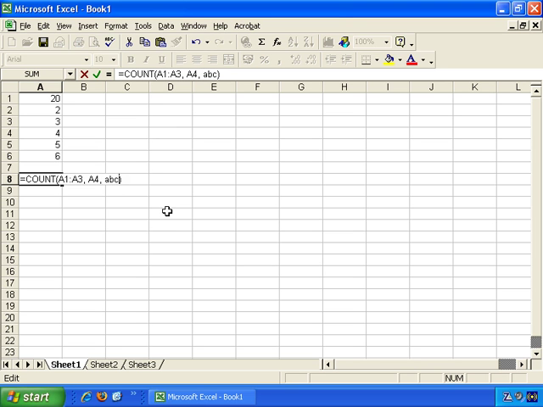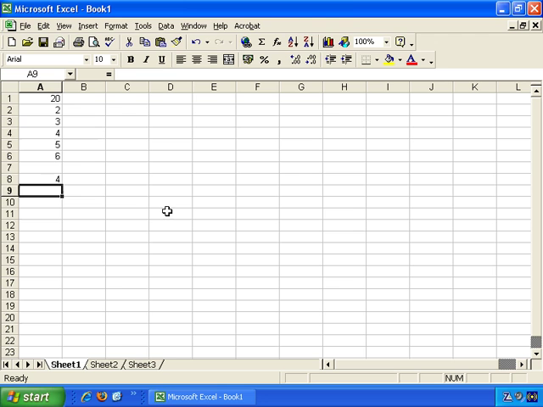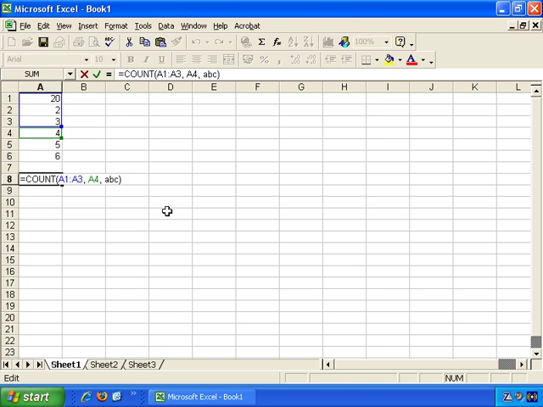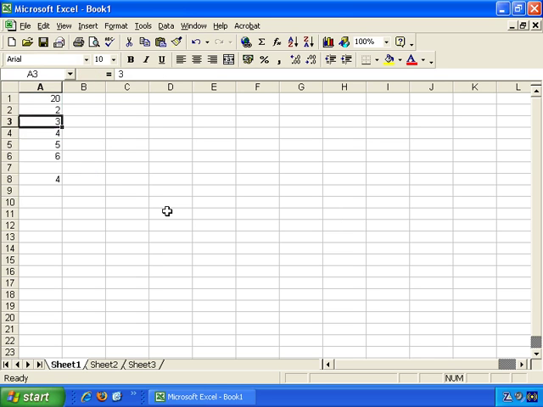If I were to change 300 to ABC, for example, and press enter, now the value goes down to 4, you see. So that's basically all it's doing. And if we hit escape out of that, and let's change the value of A1 to hello, and press enter, and the value should now become 3, and it does. So that's how the count function works, if you may find a use for that. And let's go back to the formula, F2,